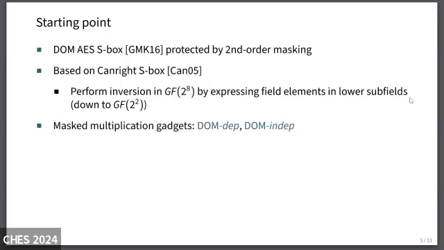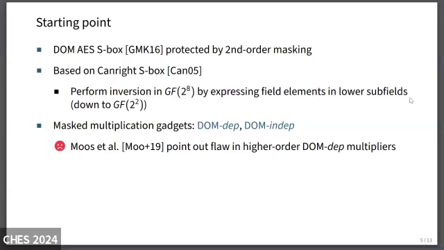And domain-oriented masking proposes 2 multiplication gadgets for that purpose, the DOM-DEP and the DOM-INDEP multiplier. The DOM-DEP multiplier can multiply 2 shared variables that are statistically dependent from each other, for example, if you square a variable. While the DOM-INDEP multiplier requires that the sharing of the inputs are independent from each other. And unfortunately,